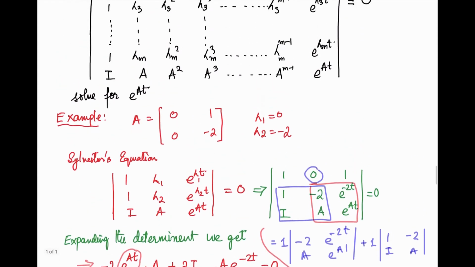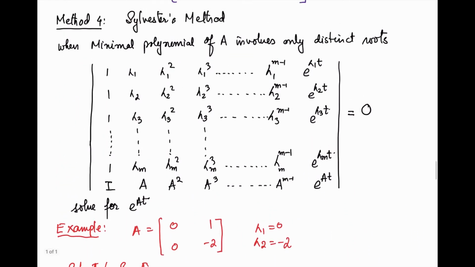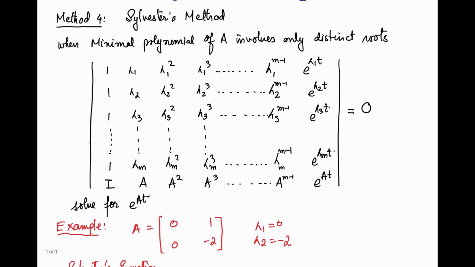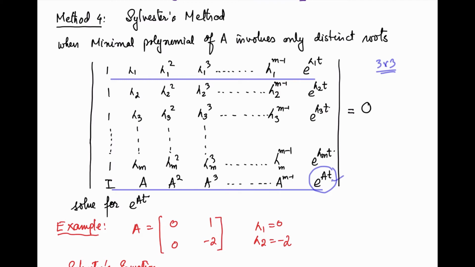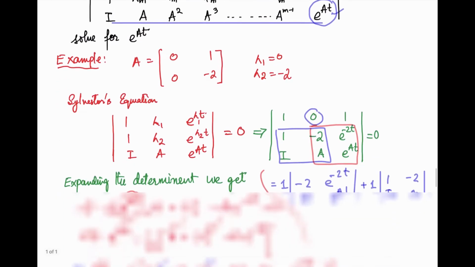So in this Sylvester method, first of all, you are going to set up this Sylvester equation, and the Sylvester equation is set up with the help of this matrix. It depends upon the number of eigenvalues, and that depends upon the order of your system. So for a 2 cross 2, you will basically have a 3 cross 3 from here. This is the row in which you have the state transition matrix. All of these are matrices over here. So from this one you can find out the state transition matrix.